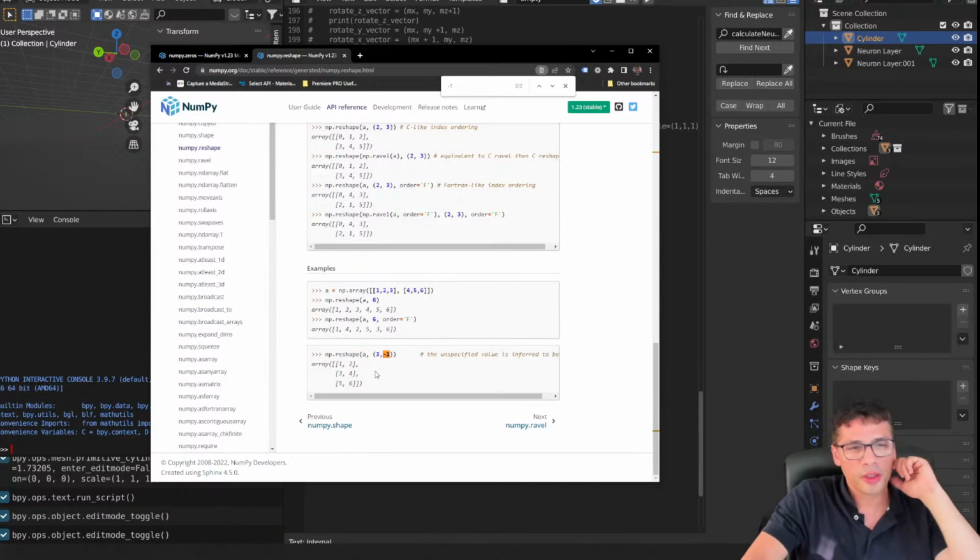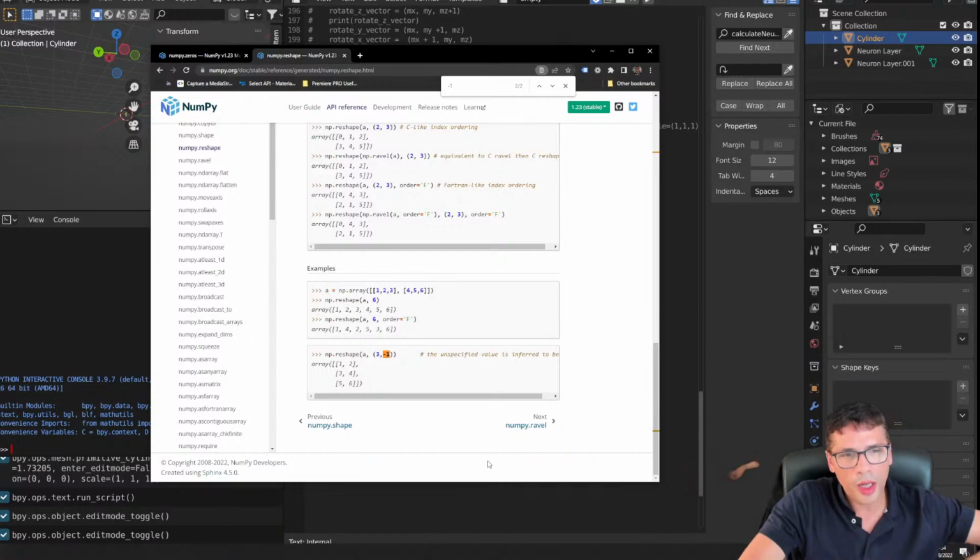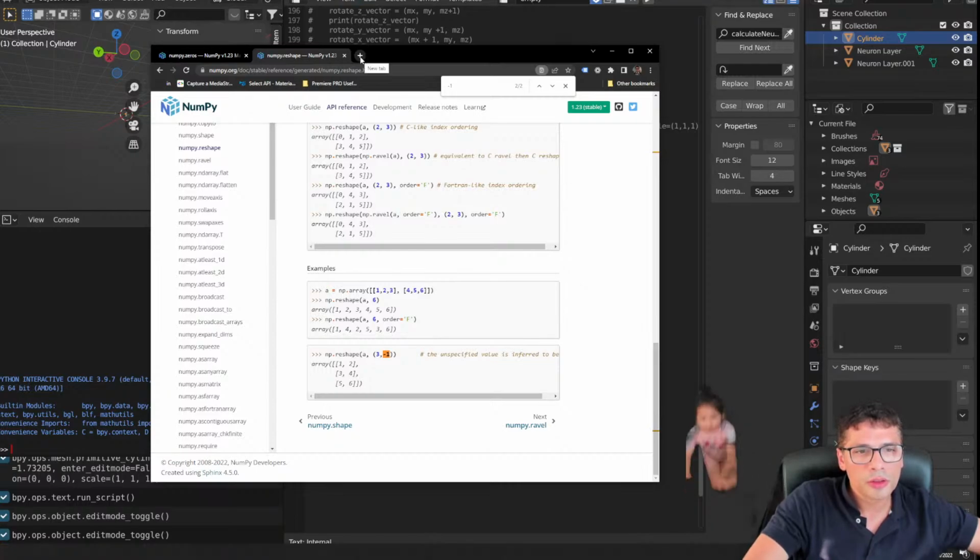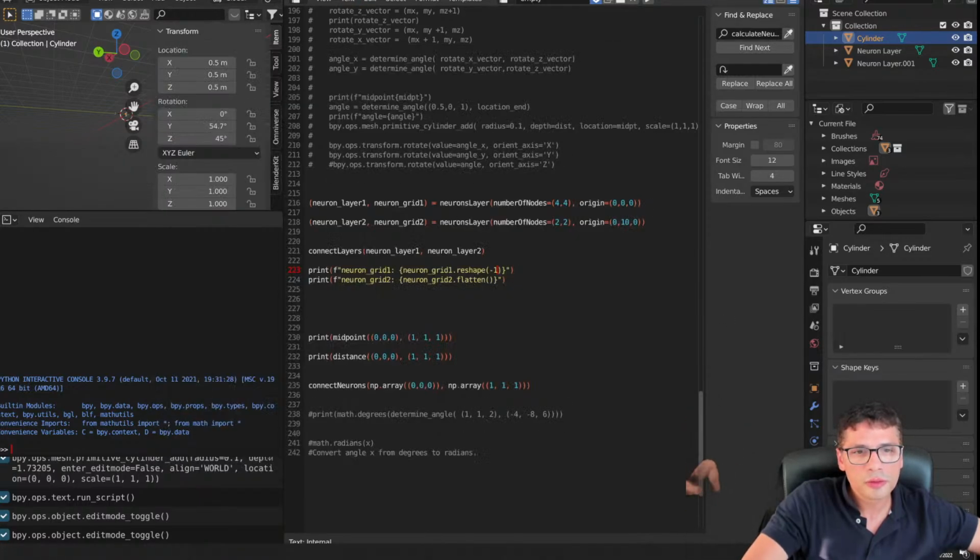So the reshape is the method that I was thinking about using. So if we use reshaping for this array, right? With 6, it's giving me all the elements in one single list. But if I do -1, that should do what I want, actually. Let me just try it. So -1, -1, and